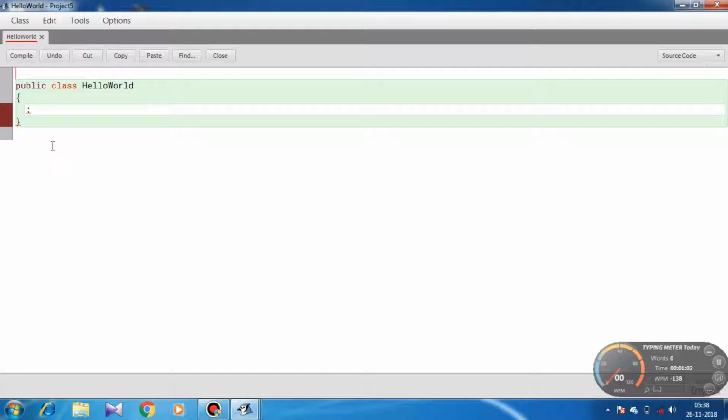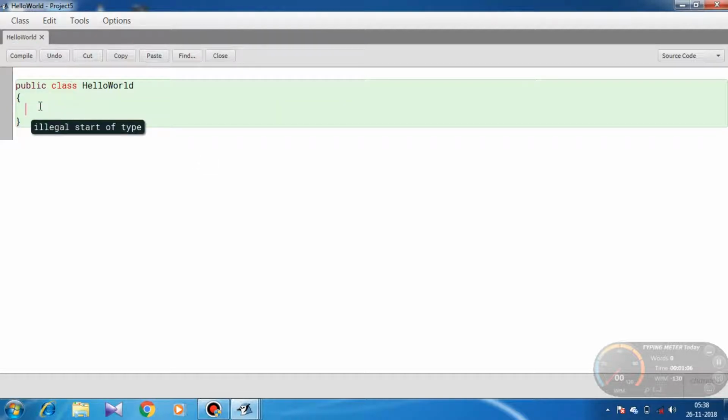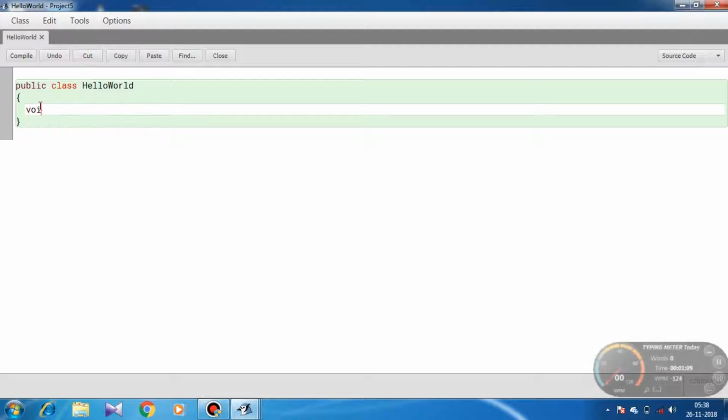Now the code window will look like this. Now within the curly braces, we will firstly write these things: void my method.